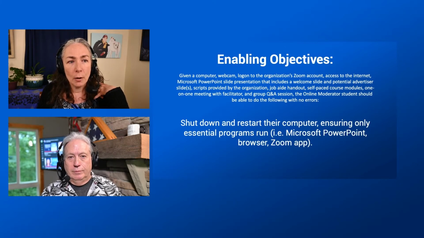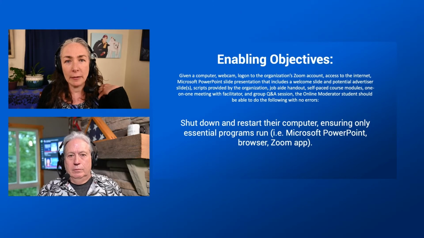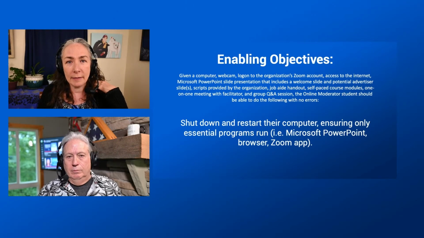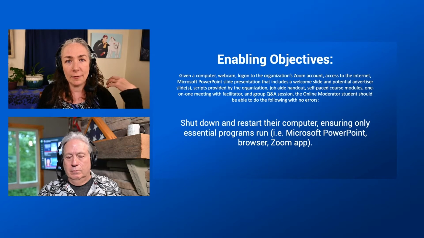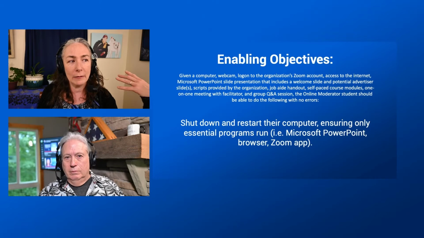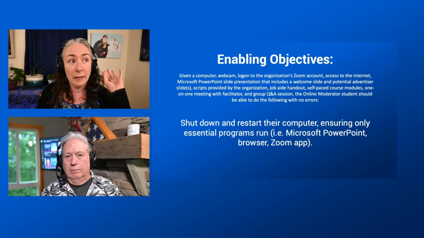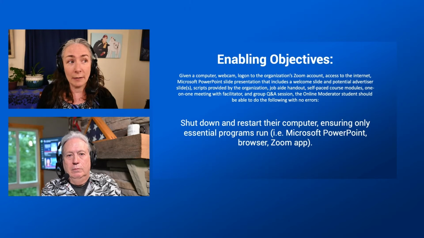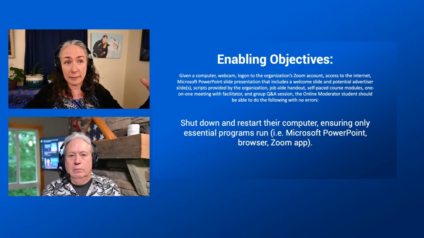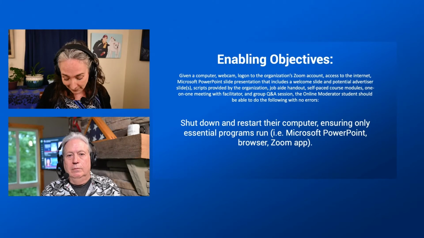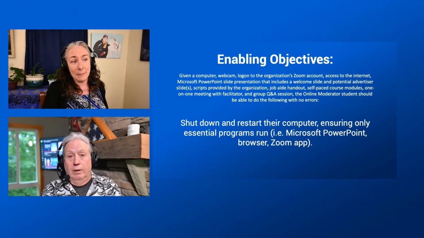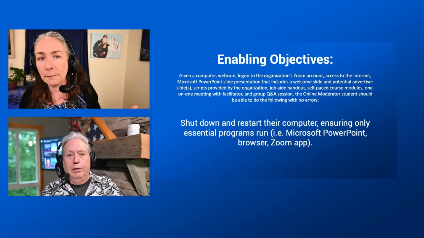Okay. So I do have a question at this stage because when I wrote out these enabling objectives, I felt like I did a task analysis in order to come up with these. And so I wasn't sure if they were too granular. I mean, does this first bullet point suffice as an enabling objective, because it's a very critical part. If you're going to be loading up a presentation and hosting an entire event, you need your system to be at its optimal. You need to clear out your cache. You need that to be shut down, restarted, and all that. If that's what you need to do.